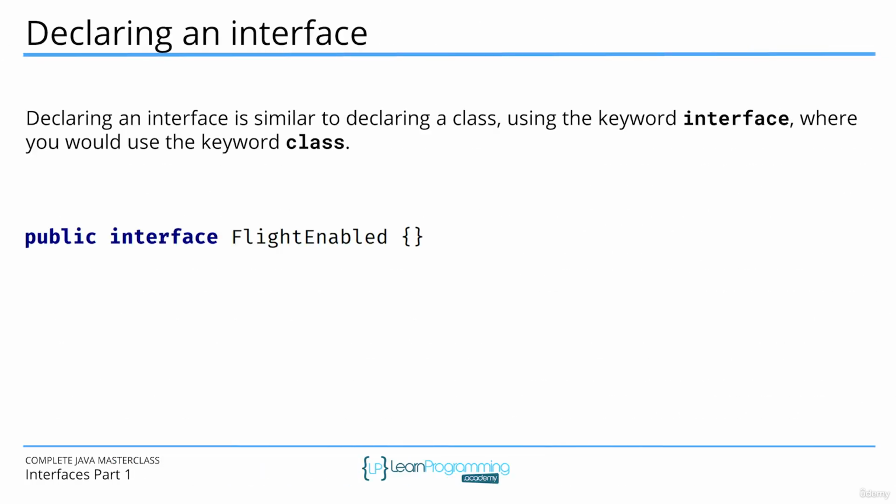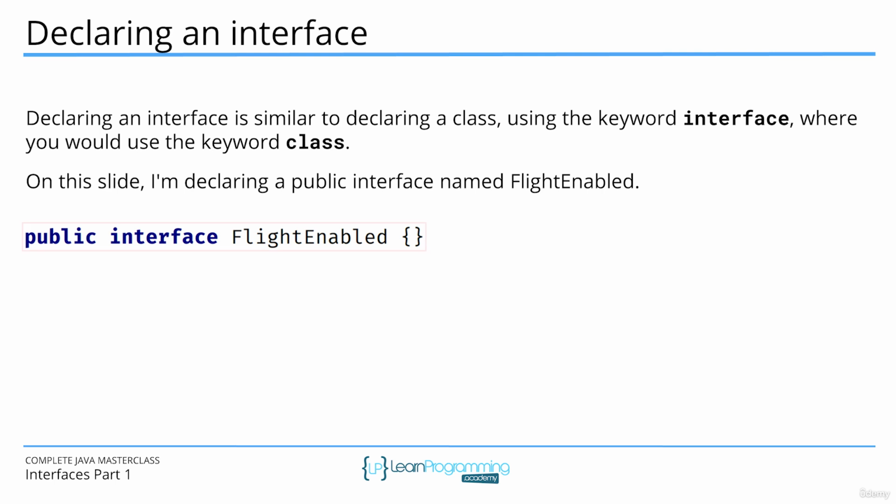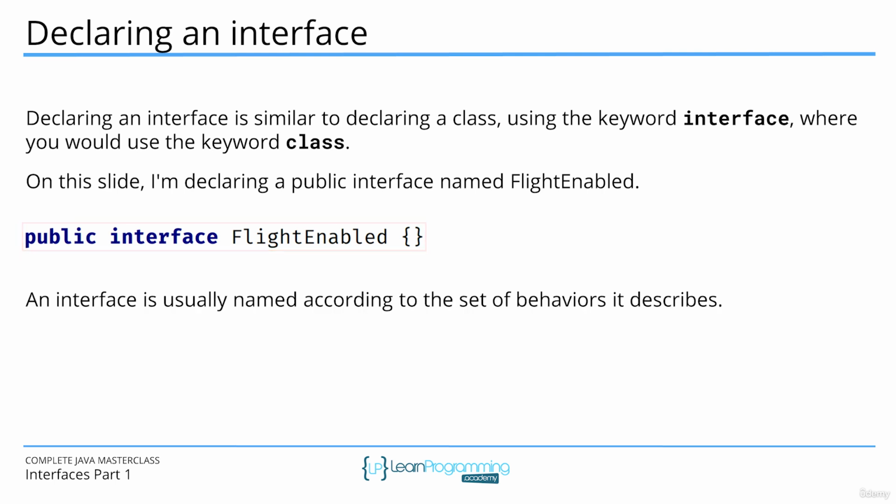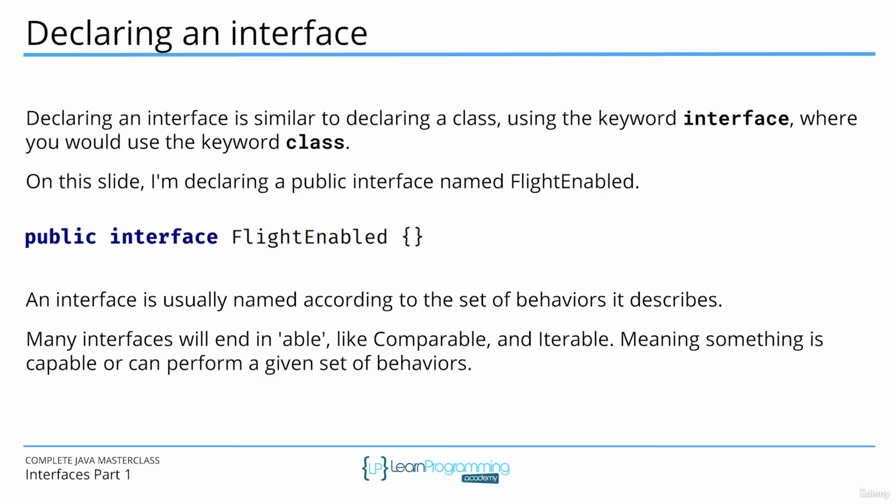Declaring an interface is similar to declaring a class, using the keyword interface where you would use the keyword class. On this slide, I'm declaring a public interface named FlightEnabled. An interface is usually named according to the set of behaviors it describes. Many interfaces will end in "able," like Comparable and Iterable, meaning something is capable of or can perform a given set